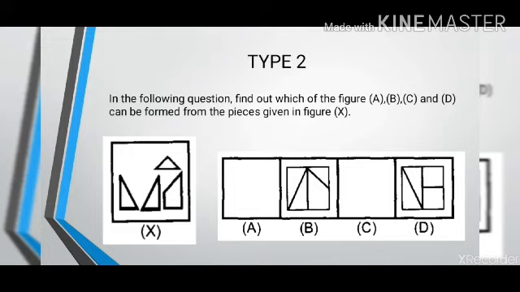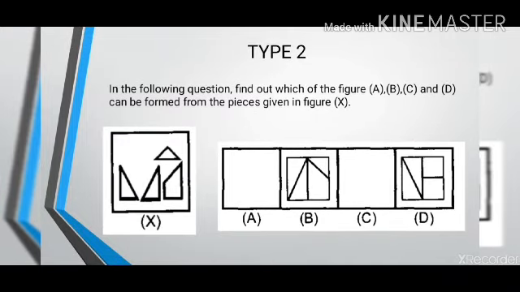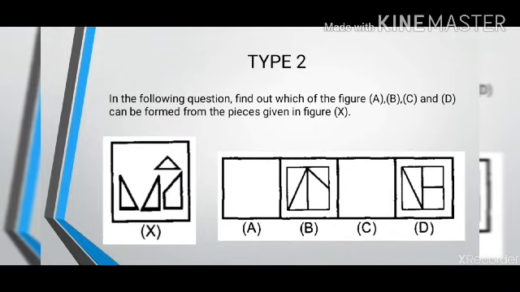Now in options B and D, as you can see in option D, there are two small blocks that are somewhat in the shape of a square. Do you see any square pieces in figure X? No, you don't, right? So option D can be eliminated because here they are using two small square boxes, while I don't have that in the original pieces with me. So the answer is option B.